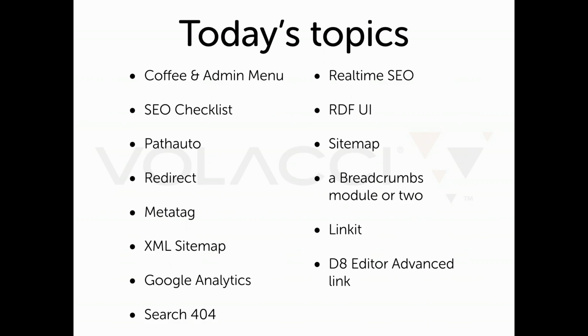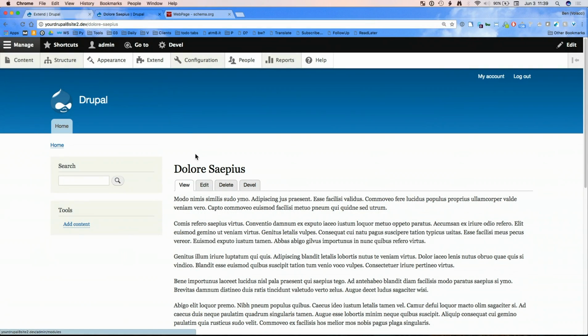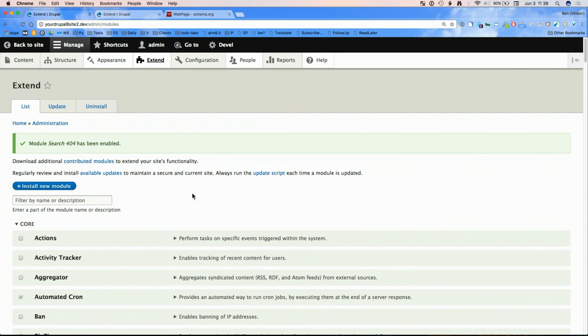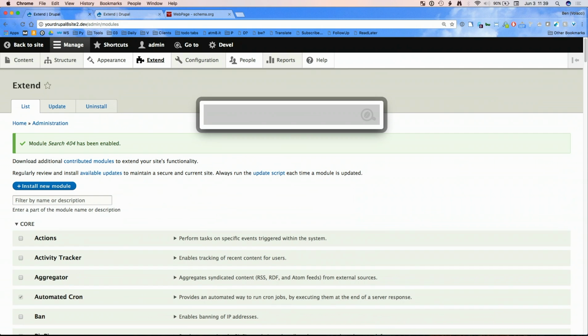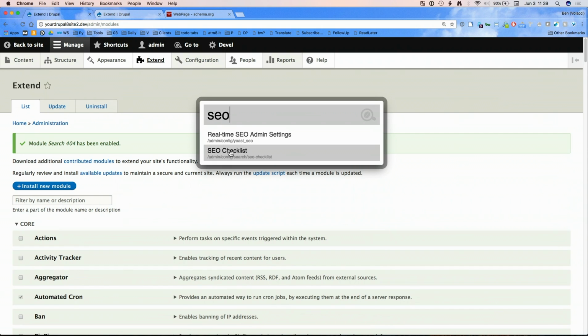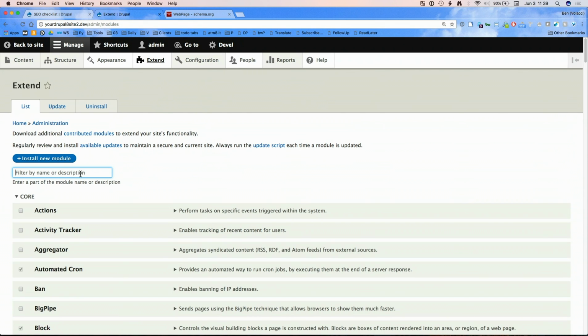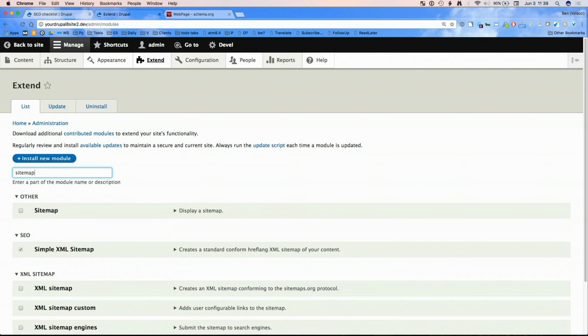The Sitemap module. Let's go turn that on. And I'm jumping around really quick. The SEO checklist, all of this stuff is in the SEO checklist. So you'd be jumping back and forth to the SEO checklist. I'm going straight through it just to get through it quickly because we just have such a limited time today. But the sitemap